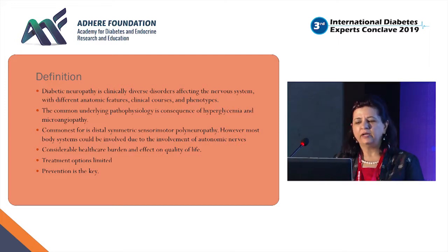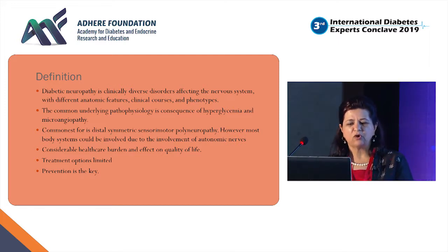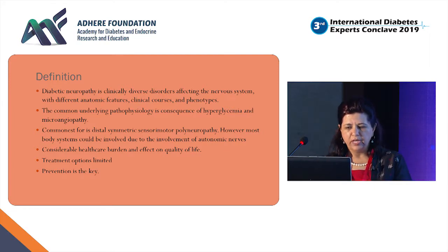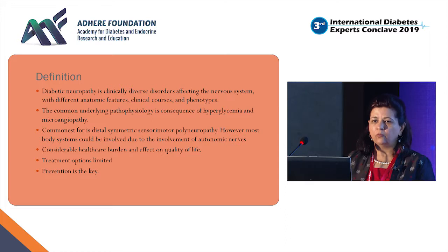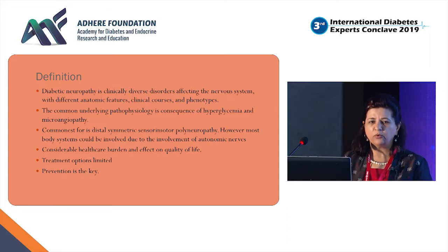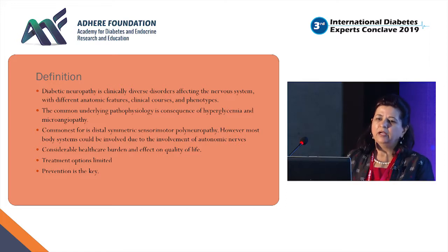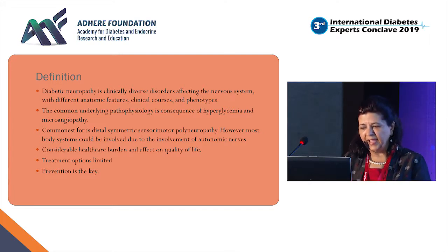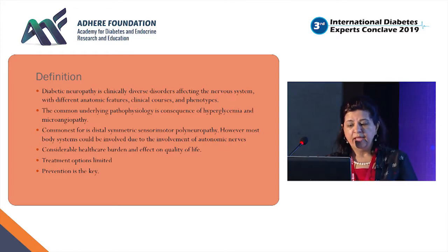Besides this, there is a common underlying pathophysiology in the consequence of hyperglycemia and microangiopathy, which is also associated with it. The commonest, of course, that we see in our clinics is distal symmetrical sensory motor neuropathy. This is usually what the patient comes with. I'm sure at some point of time we have all seen patients who come to us with different kinds of description of pain, whether it is tingling, numbness, burning pain, any other kind of pricking pain, shooting pain, various descriptions are there. And this is a huge healthcare burden, and however the treatment options are very limited, of course prevention